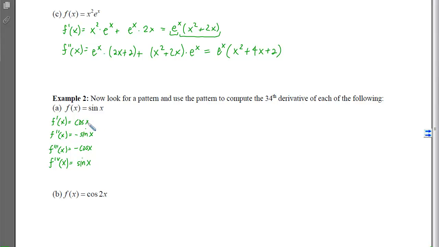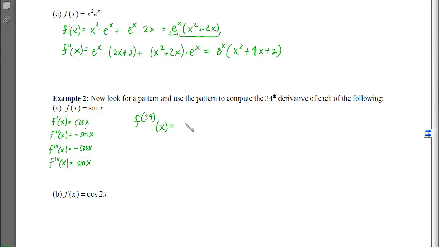So this would be the same as my 5th, 6th, 7th, and 8th, 9th, 10th, 11th, and 12th, 13th, 14th, 15th, and 16th. So with these sine functions, every time I take a derivative 4 times, I'm back where I started. So if I want to compute the 34th derivative,